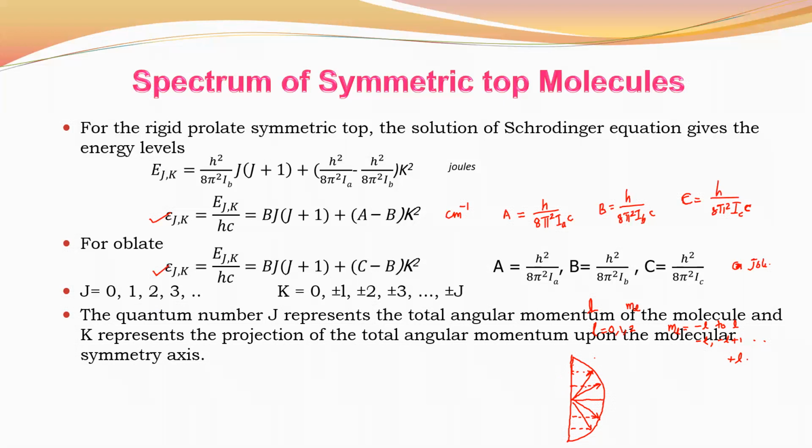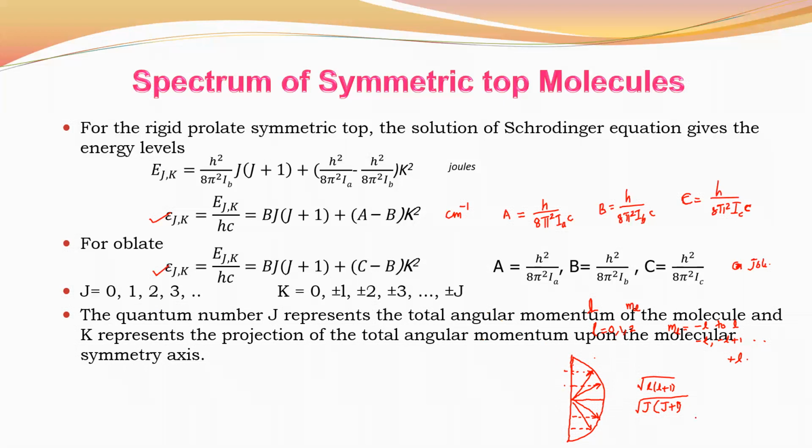Here, this vector gives the orbital angular momentum, the total angular momentum. Then its magnitude must be equal to what? Root of L into L plus 1. In a similar way, here it must be equal to root of J into J plus 1. Then this must be the values of K. This must be the values of K.